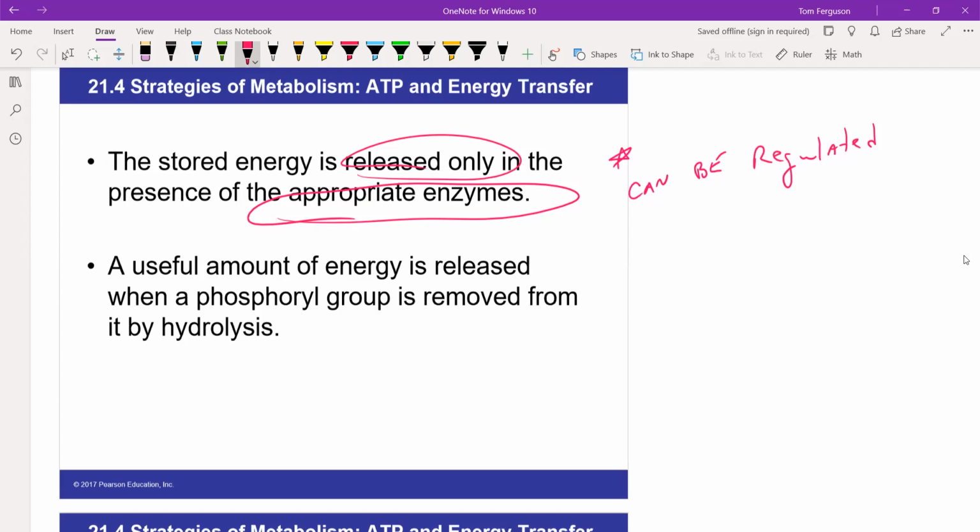And then from the glycolysis cycle, it goes into the citric acid cycle, and from there electron transport, producing a whole bunch of ATPs. So this is really important: this process is done by enzymes, it's done at body temperature, and it can be regulated. Those are three important points on production of ATP.